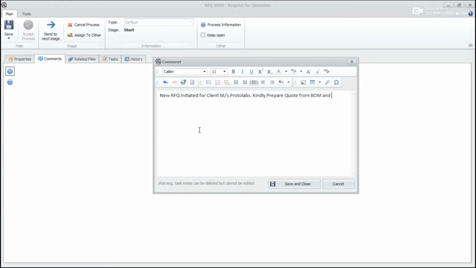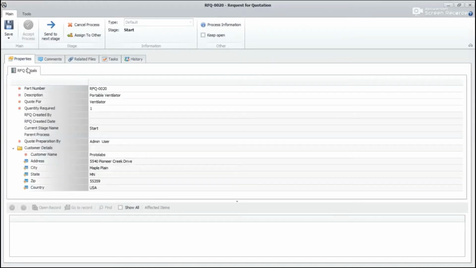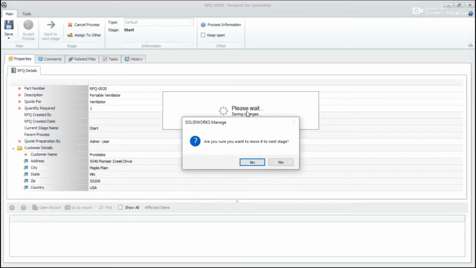Kindly prepare code from bill of material and get it approved duly before sending it to the customer. So once the comment is entered, I will click on the send to next stage button.